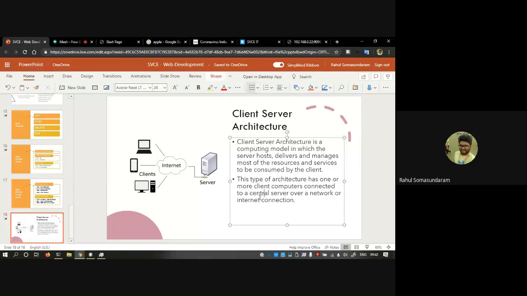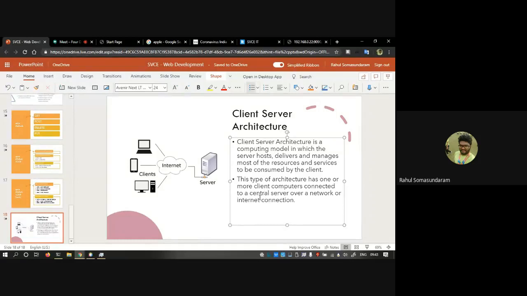Are you clear with it? Typically, whatever websites you are browsing come under the client-server architecture. For example, you give a request to Google to show the search results, or you load your college website. There will be a physical server, which may be hosted in the cloud, or on a local machine like I do.